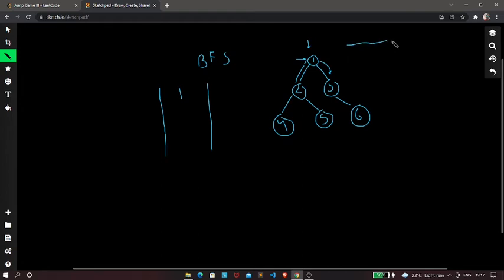और हम लोग एक विजिटर एरे रखेंगे, ठीक है ना? So let's consider a visitor array. बाइनरी ट्री में विजिटर एरे का जरूरत नहीं होता, because here is no cycle, but जो एल्गोरिथम हम लोग यूज करने वाले हैं उसमें लगेगा. तो अभी रहने दीजिए ये विजिटर एरे, अभी जरूरत नहीं है इसका, जब जरूरत रहेगा तब यूज करेंगे. So currently we have pushed 1 into our queue, right? So हम लोग के queue में अभी 1 pushed है.